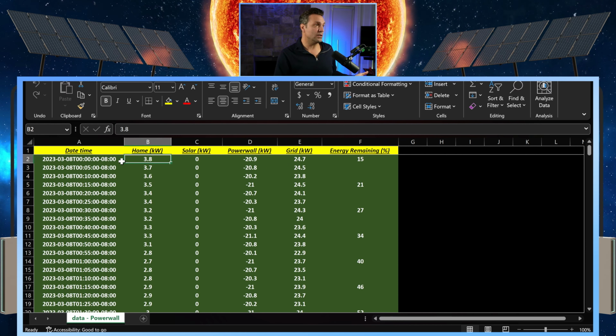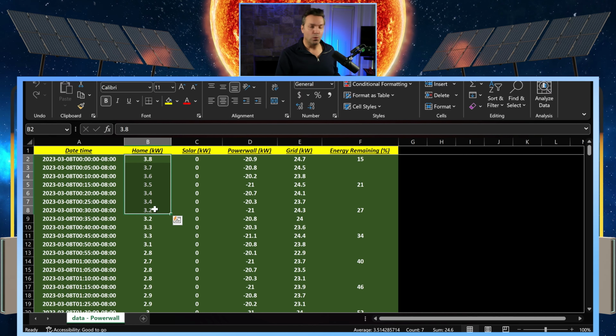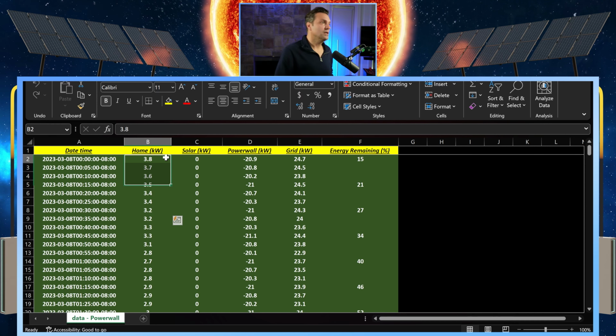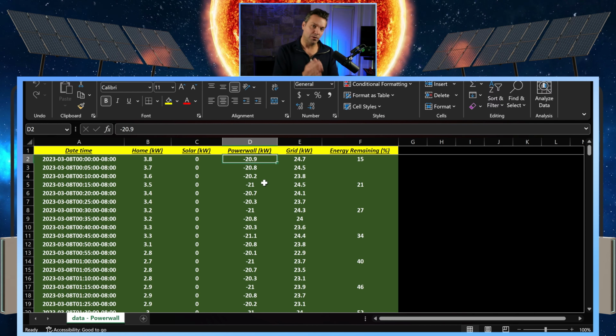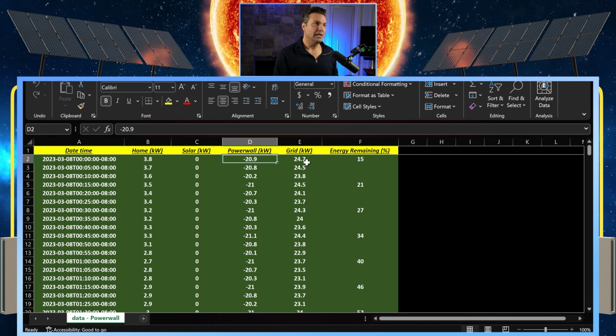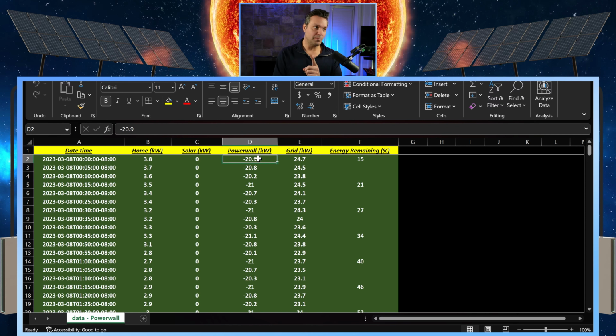My house uses between 3 and 4 kilowatts per hour. There's no solar production. The negative 20.9 is the Powerwall charging. Then it's pulling from the grid the total. The total is how much it's taken to charge the Powerwall and how much it's taken to run the house,